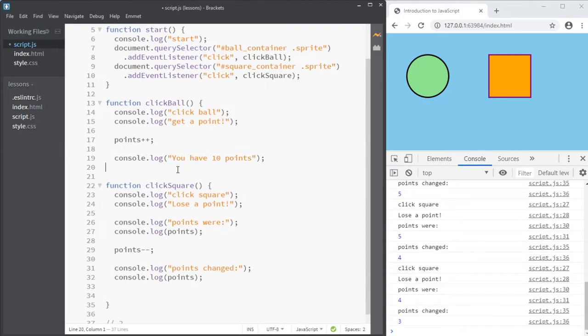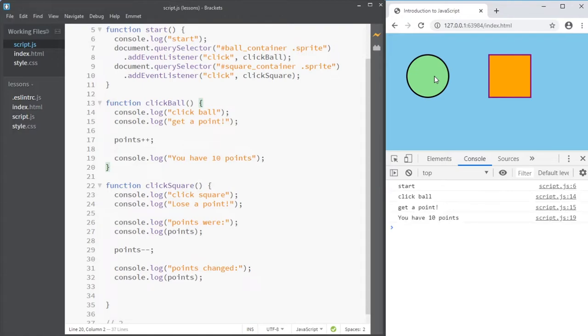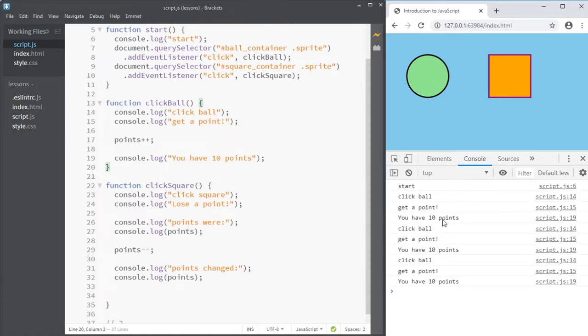So I would like to say every time I click points, it would say you have 10 points. Not 10, but 1, 2, 3, 4, and so on. And we can do that with something called concatenation. And I like that word because I haven't heard it in any other combination than in doing this exact thing, where we want to put a variable inside a text. And what we have to do is break the text into two,